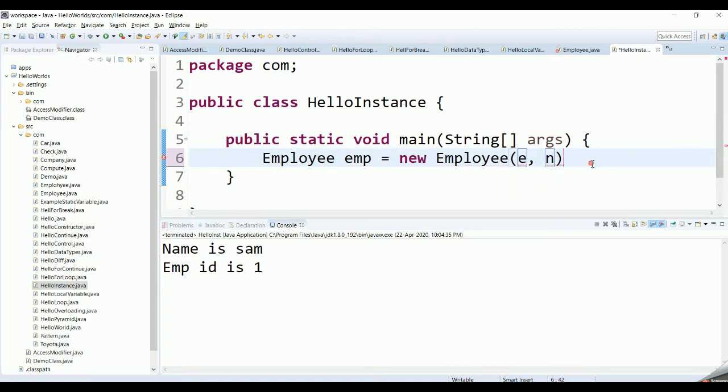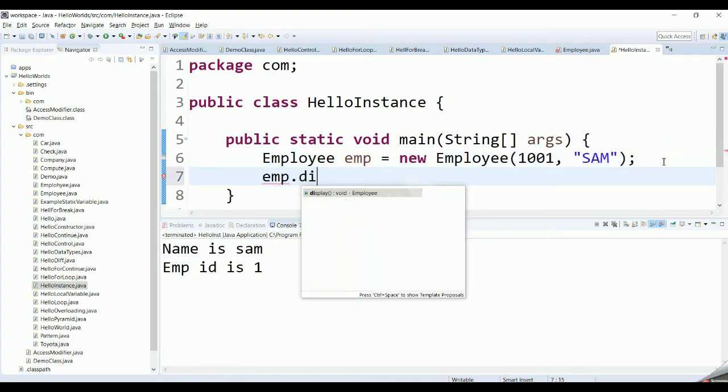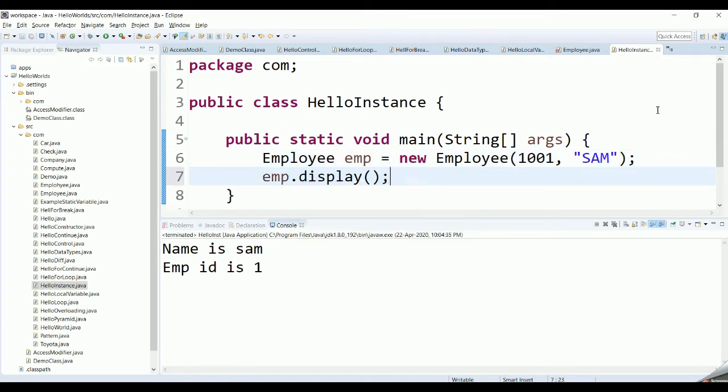It invokes the parameterized constructor, where I'm going to pass in the employee ID and the name. Let the employee ID be 1001, and let the name of the employee, a string, be Sam. Using this object, I'm going to call the display method available in that class.